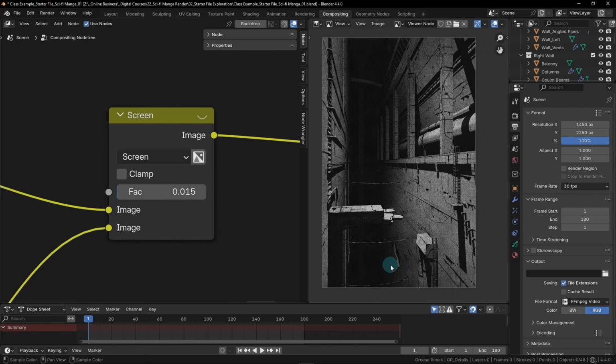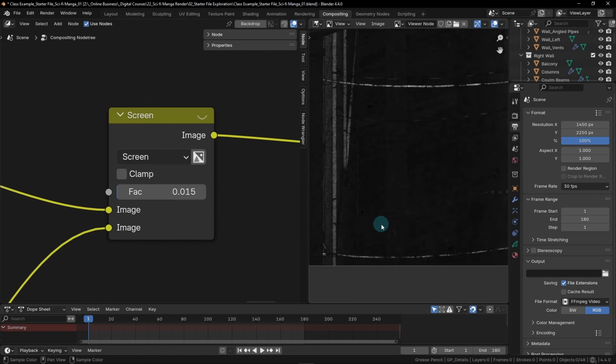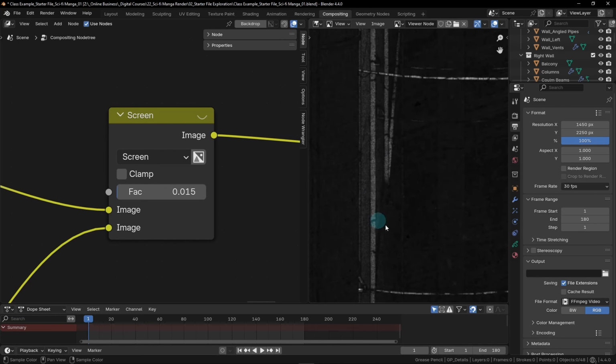If we zoom in down here into this dark spot of our image, we can now see that we have this paper fibers texture overlaid across the entire image. We really only want a tiny bit of this brightening across the image though, as we don't want to lose